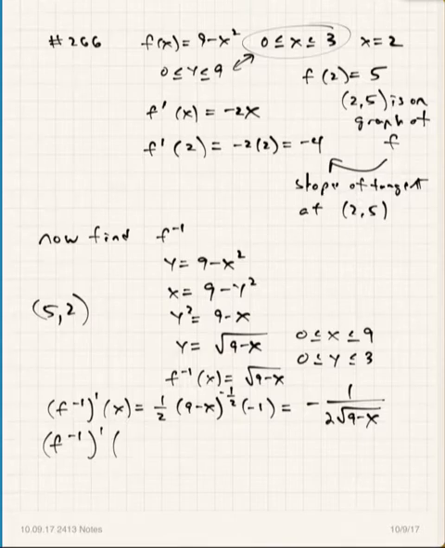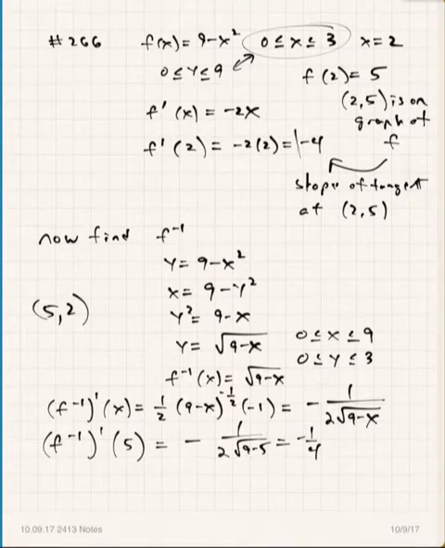And so for 5, 2, you're going to substitute 5 in for x right here, and you get negative 1 over 2 times the square root of 9 minus 5, and so you get negative 1/4, like that. And what do we get? We got reciprocals, right? That's what we're talking about here. That's what we wanted to show, is that the slopes of the tangents were reciprocals at